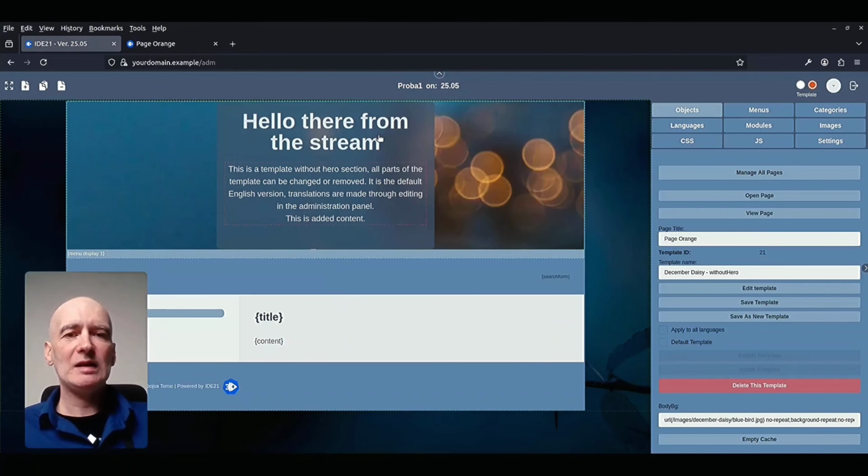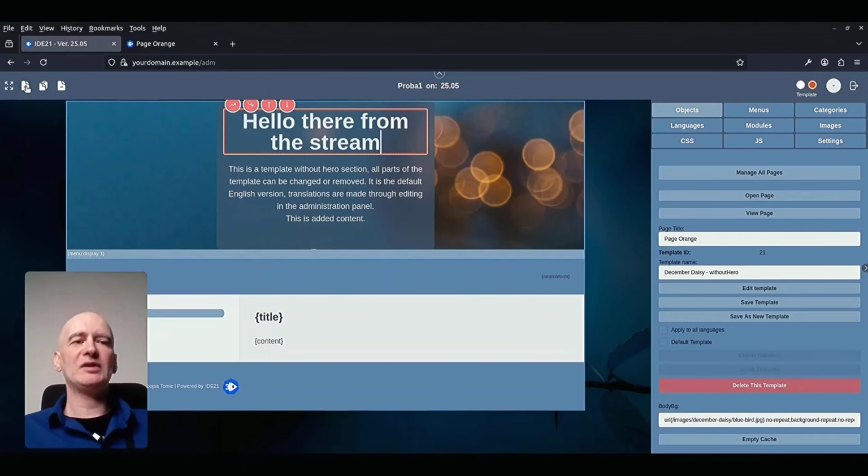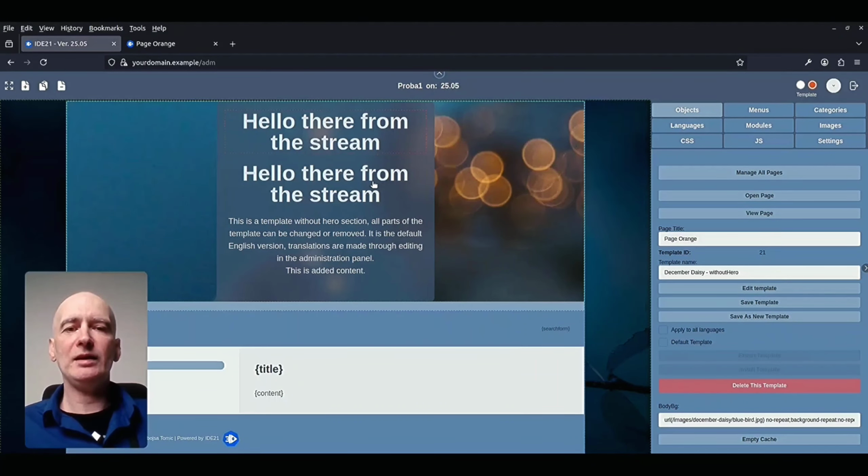Now there is functionality present that you can add new objects after the selected object, or you can clone this object and you can remove them. Now I want to create a duplicate object from this one. You just click here and this is it.